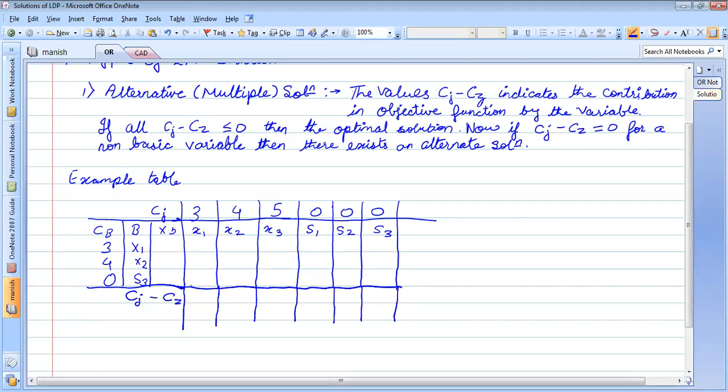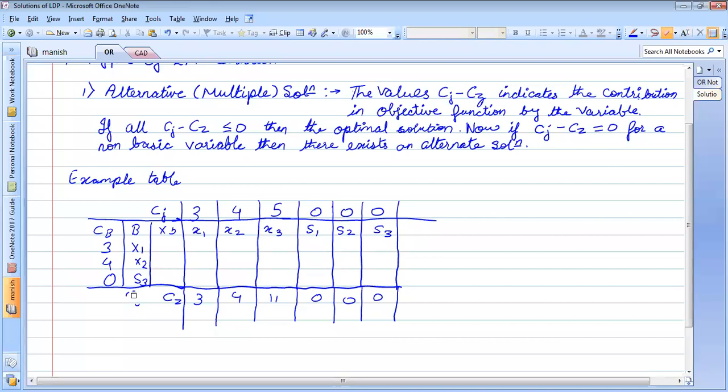Anyhow, let me just go here. Now if the Cj minus Zj values are, say, 3, 4, 11 and 0, 0, 0, okay, so we have got some values like this. I am just taking an example. If all the values of Cj minus Zj are negative, oh sorry, this is Cj, not Cj minus Zj.